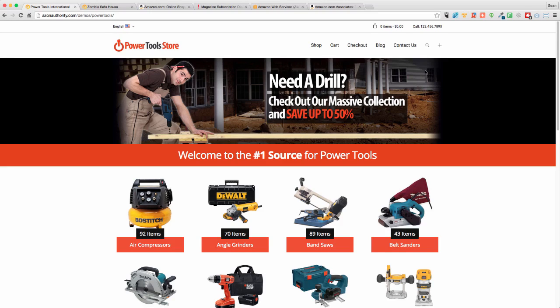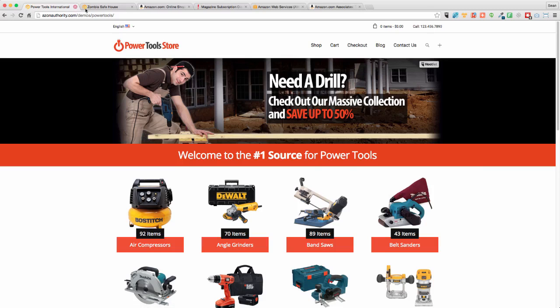Problem solution. I'll give you an example of power tools. Someone needs a drill, so they go look for a drill. They need to create a hole in a wall to put something in it, so they need something to create that hole. That's their problem. They need a drill. That's problem solution. That's the power tool store that we've got here. They want angle grinders, they want air compressors. They've got a problem, they've got a need, and they need a product to sort out that solution.